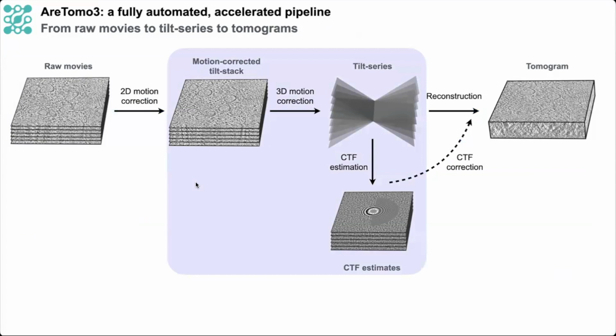While it's simplified in the schematic here, this is actually an iterative process in which the per-tilt CTF parameters are first coarsely estimated prior to computing the global alignments that define the tilt axis angle and correct for the relative translations between the tilt images. The CTF parameters are then refined before computing the local alignments that correct for the 3D deformations that occur in subregions across the full tomographic volume.